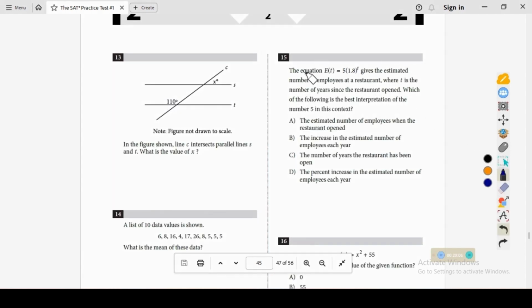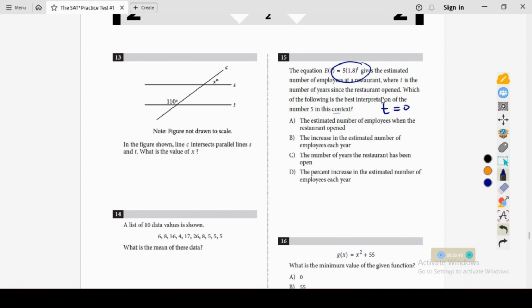In question number 15, the given equation E of t equals 5 times 1.8 raised to the power t gives the estimated number of employees at a restaurant, where t is the number of years since the restaurant opened. Which of the following is the best interpretation of the number 5 in this context? Since t represents the number of years since the restaurant opened, so when